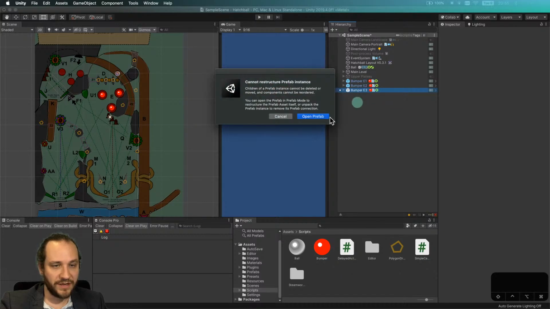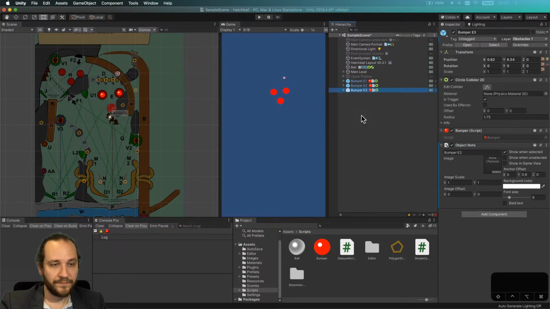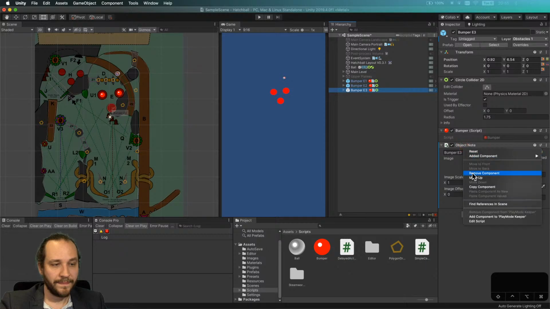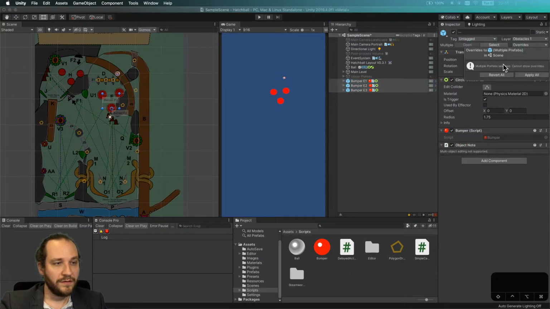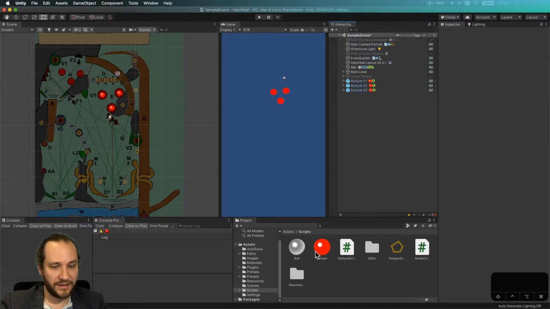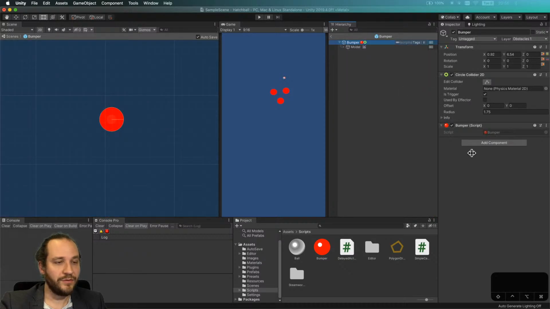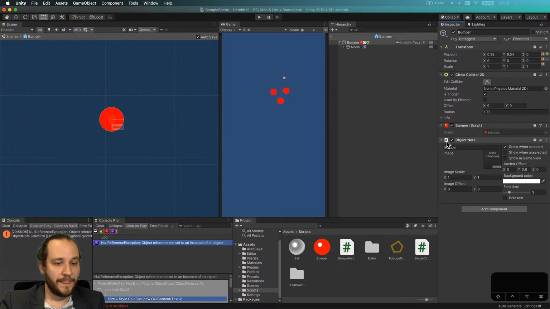The object node script actually, I'm gonna revert these. Revert. I'm gonna add the object node to the actual prefab. This is also the button to add a prefab. Edit the prefab node, object node. One thing I'm also going to do is go into this script. I put it in plugins, object nodes,